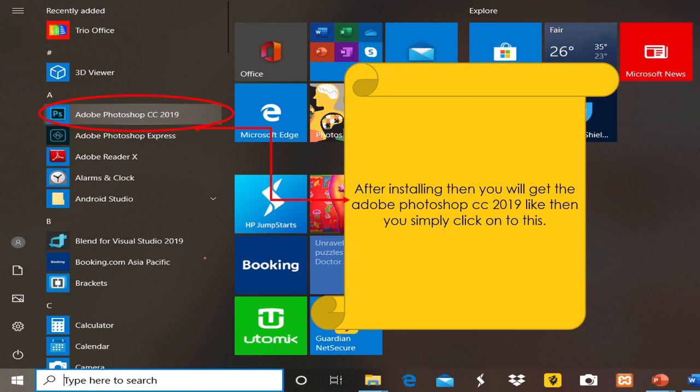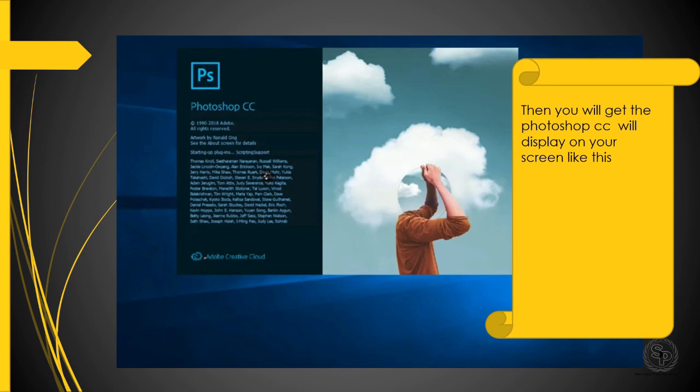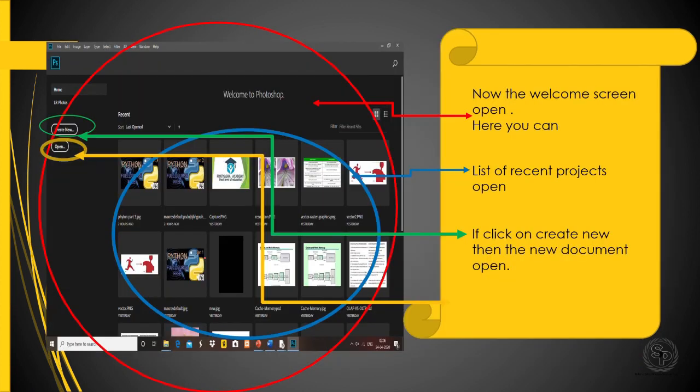Then it is recently added. So type into the search box on the left hand side of the Windows option. Then click onto that. Then Photoshop is open.